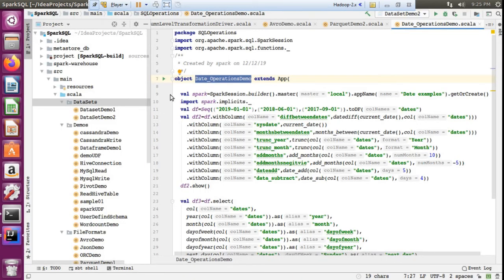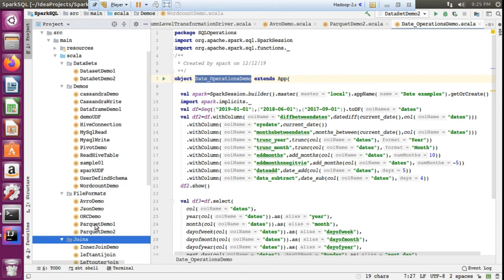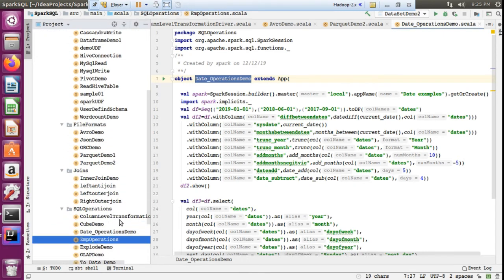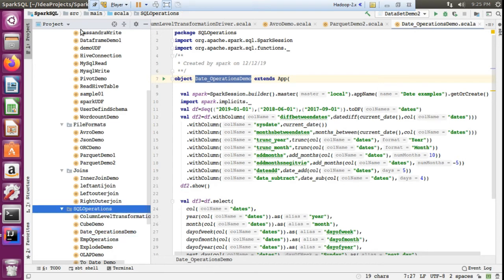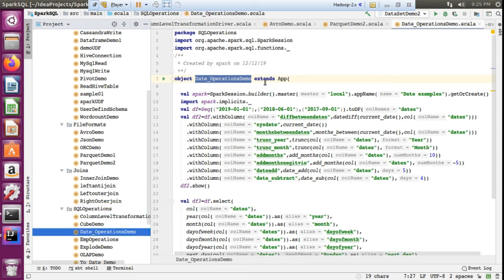See, this is the package. This is the package name. Project name Spark SQL, package name SQL operation. In that, this particular program I want to execute through Spark Submit.